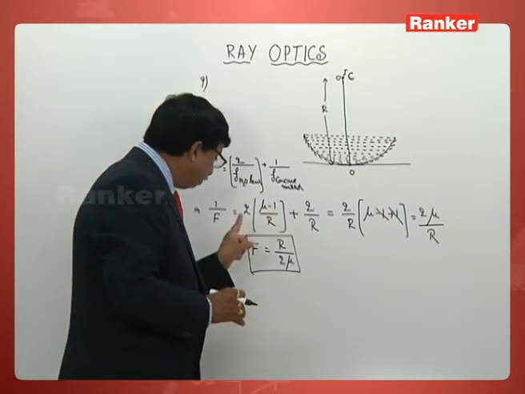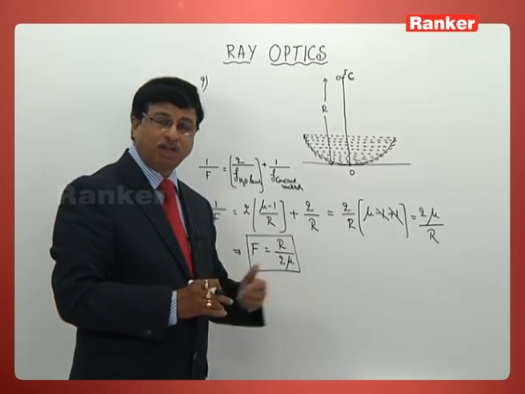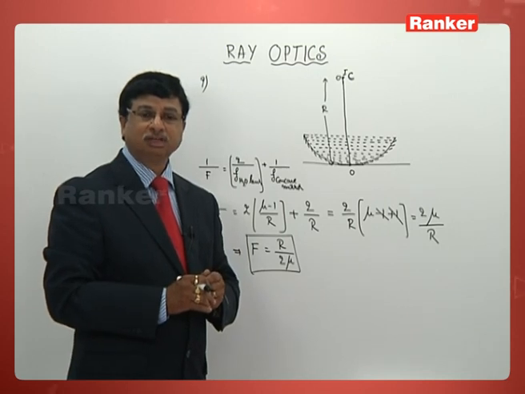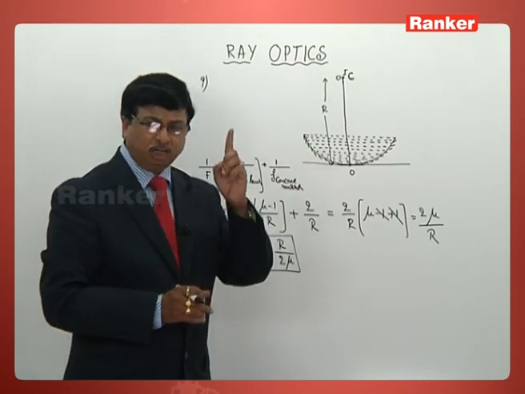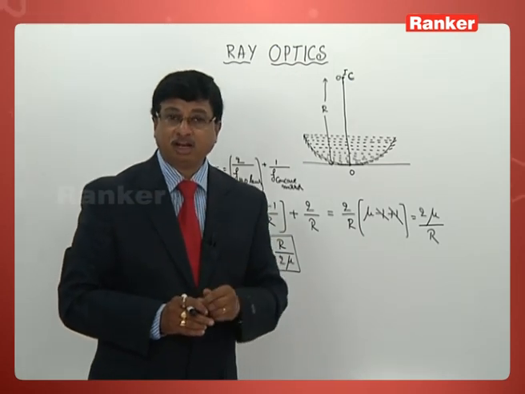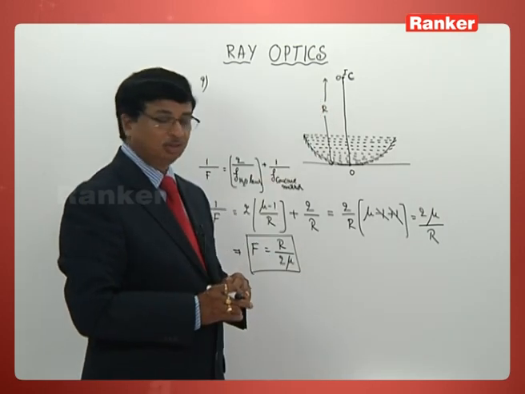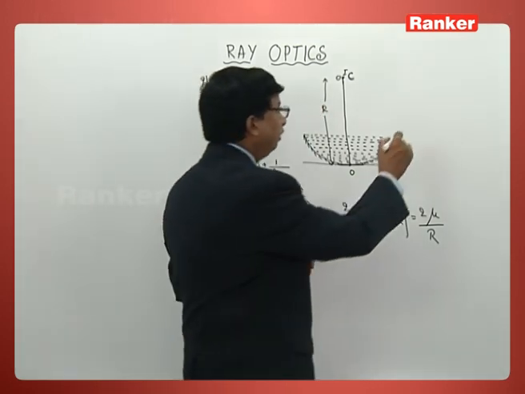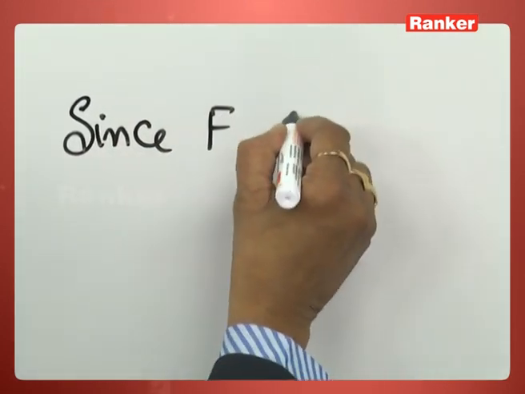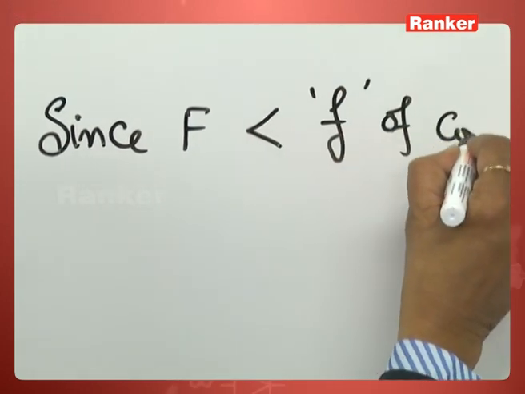2f corresponding to this value. 2f corresponding to this value means what? Definitely the distance will once again be reduced. So the image will definitely be formed as real, and it will be located where? In between C and O. So what is your conclusion here? Since f is less than the focal length of the concave mirror,